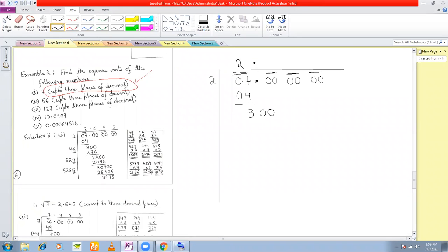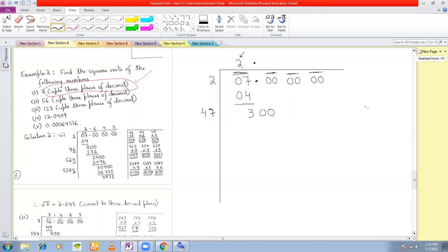Yes, sir. Okay. Now what we do is, you see a 2 here, we'll double this 2. Get a 4, right? Now we want to introduce a digit here so that it is very close to 300. So what digit do we introduce? Let us take an idea. 300 is here, and let us try it with a 0. This is 0 divided by 40. How much do you get? The quotient is 7 point something. So that means here you will have to introduce either a 6 or a 7 or an 8. Since we have got 7 first, let us try with 7. Let us put a 7 here.